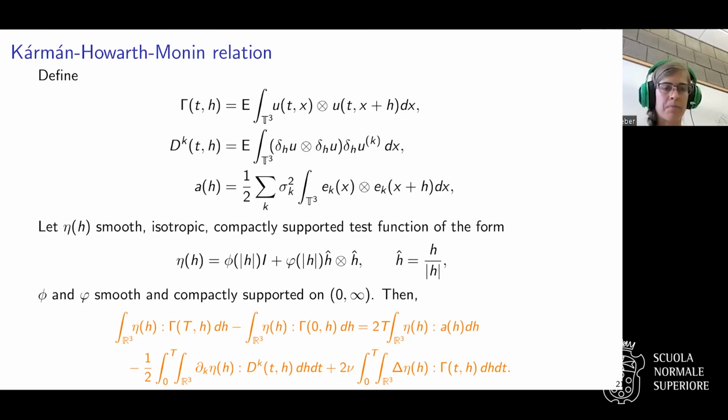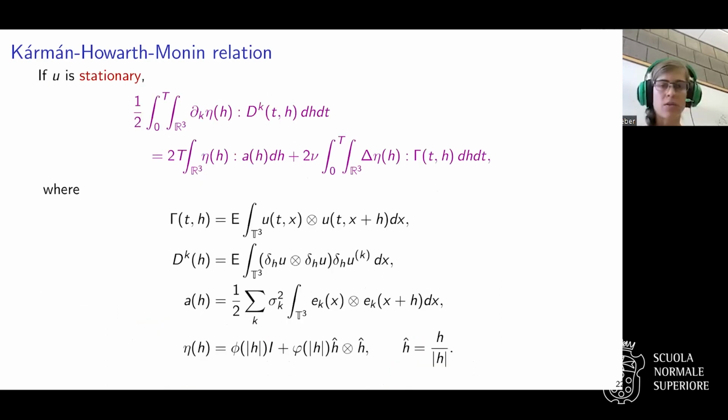Now, if you have statistically stationary solutions, then these two terms will be the same. So it vanishes, and what you get is some relation between the forcing input, this relates to the energy flux, and the dissipation. And okay, so that's this expression here. And now, in order to get the 4/5 law or the 4/3 law, you use specific test functions. So for the 4/3 law, you set the second term here equal to 0. And for the 4/5 law, you set this term here equal to 0. So let's do the 4/3 law because it will be less complicated.